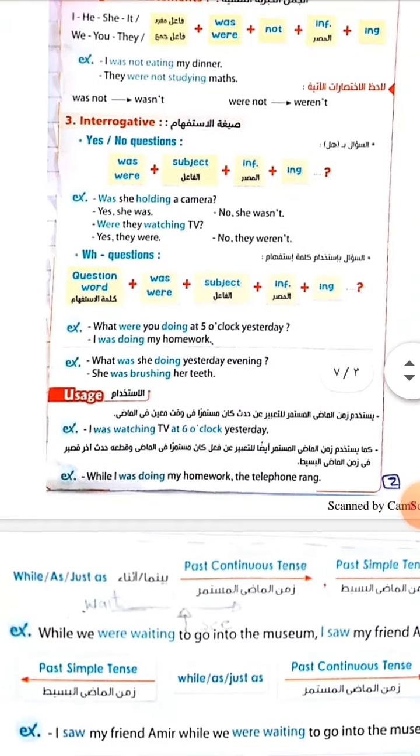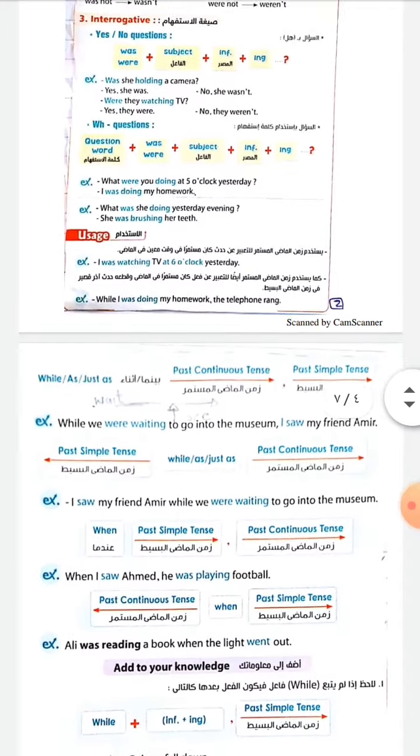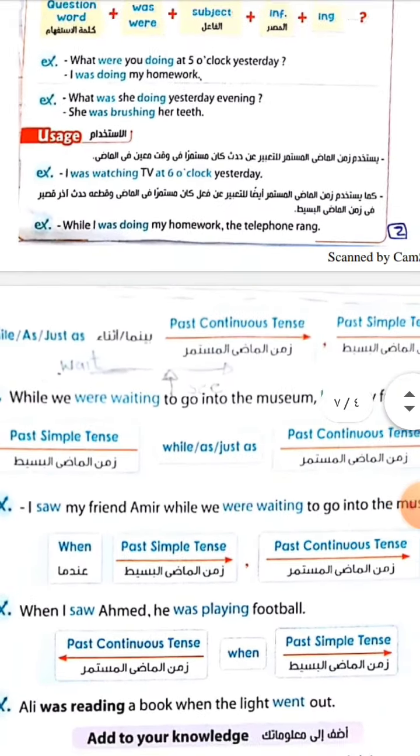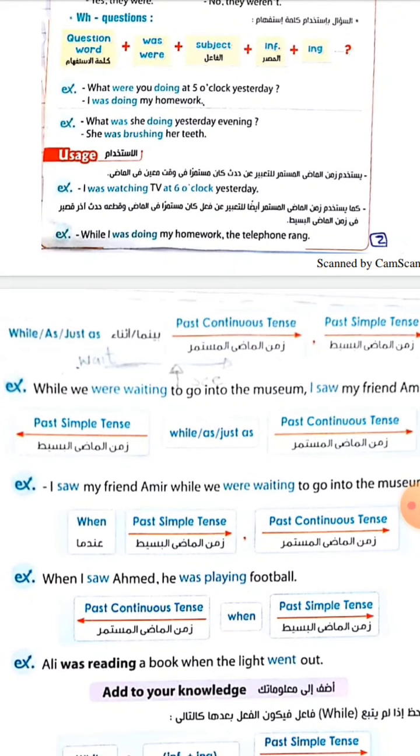احنا كده عبرنا عن حدث كان مستمر. طب if we have two actions بقى، عندنا حدثين، one was longer and the other was shorter. واحد كان حدث طويل بدأ الأول it started and it was in progress. كان بدأ وهو مستمر في خلال ما هو شغال something else happened، حاجة تانية حصلت. كده بقى عندي two actions، واحد فيهم هيبقى past continuous اللي هو كان مستمر، والتاني اللي حصل خلاله هيكون past